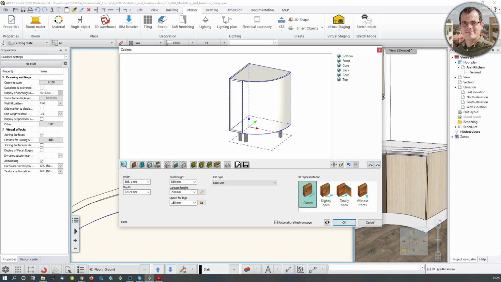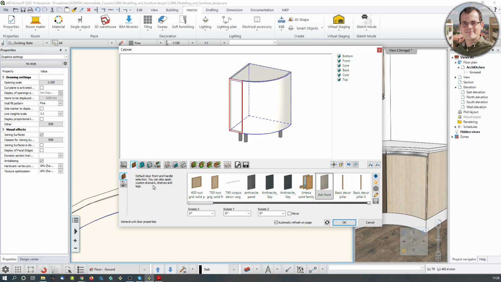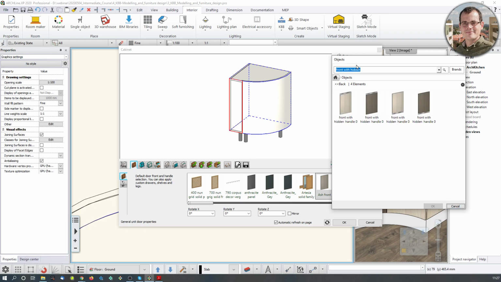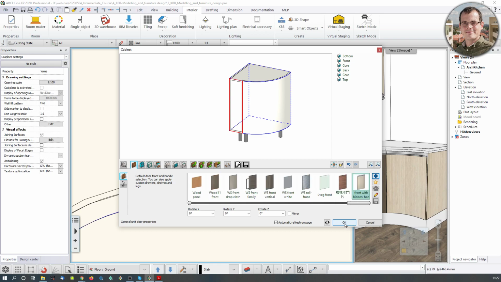One thing I haven't done, and I think that I should have done that a little bit earlier, is changing the texture, the color of the item. So I'm just going to go with, I think, front with hidden handle, the one which has the handle on the top. I think that this is good enough. Okay,